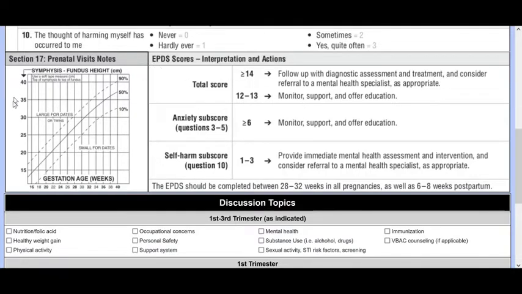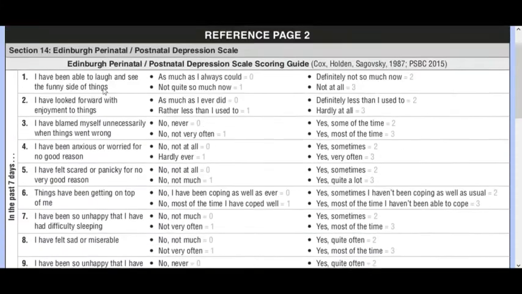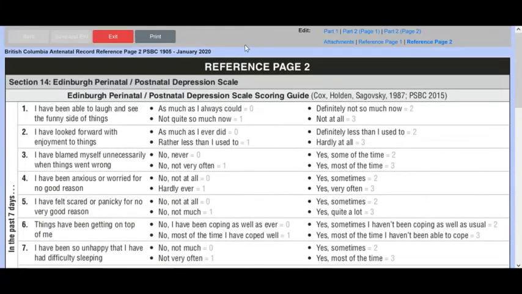Over here you'll notice the old graph that we used to see. The newest version of the BC perinatal services antenatal record actually does not have this graph printed right into the record, but it is still here available if you want to do your own check to see where they graph in terms of their weeks gestational age and their symphysis fundal height. Going back to Part 2, page 1,